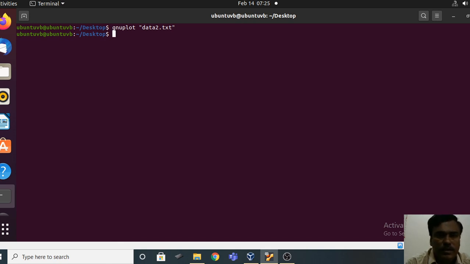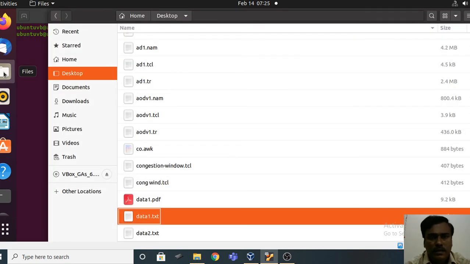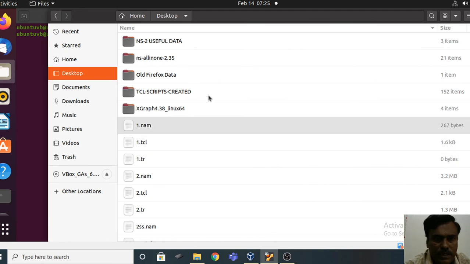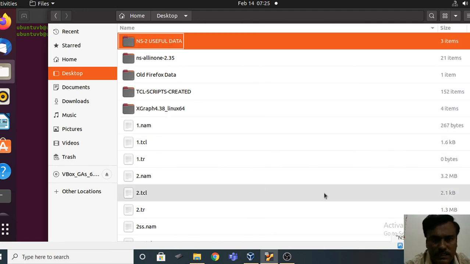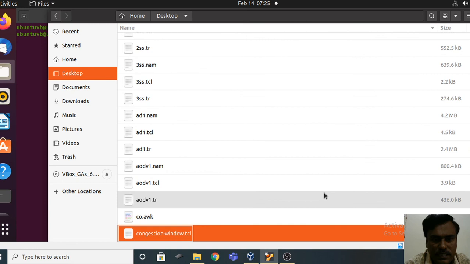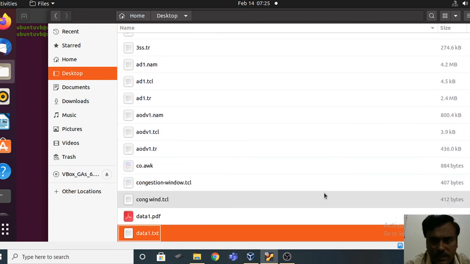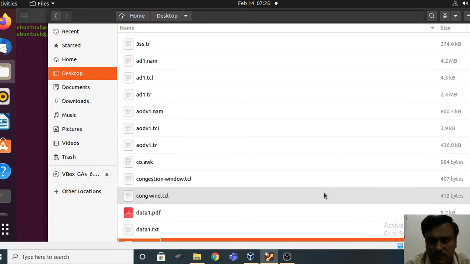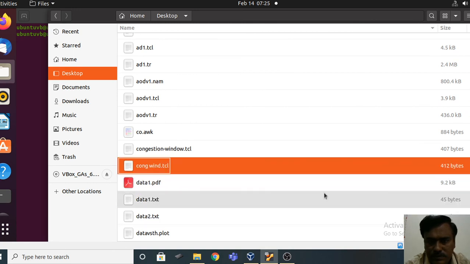So you can go to the files, and on the desktop you can check for that file, that is data1.pdf. Is this the file that I have created? So yes.